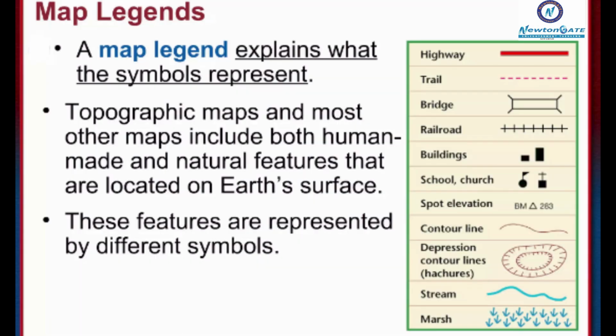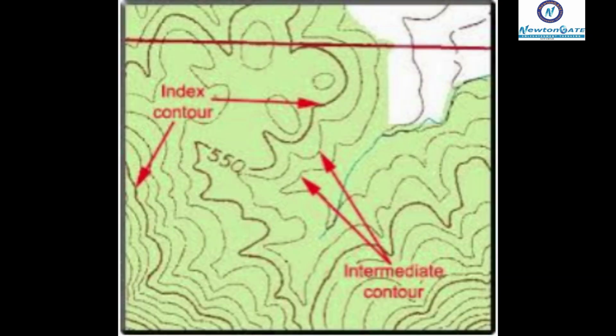Here are a few quick tips to be able to read topographical maps like a pro. Number 1, always check the legend for the symbols and the contour intervals. Number 2, look for the index contour to easily identify the elevation of a particular land. Number 3, pay attention to how closely or widely spaced the contour lines are from each other to understand the elevation and height of the land.